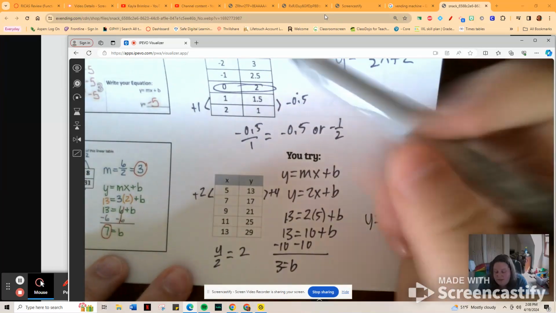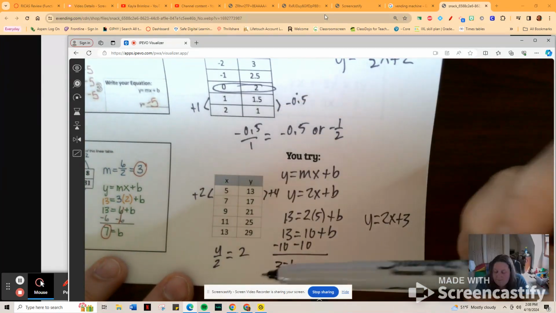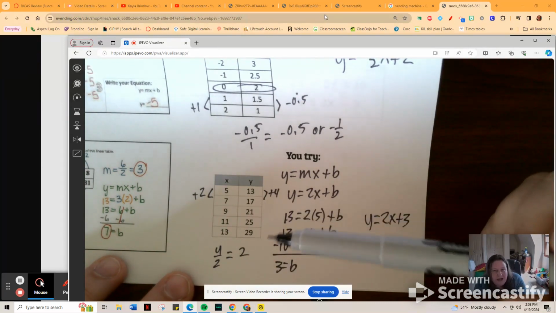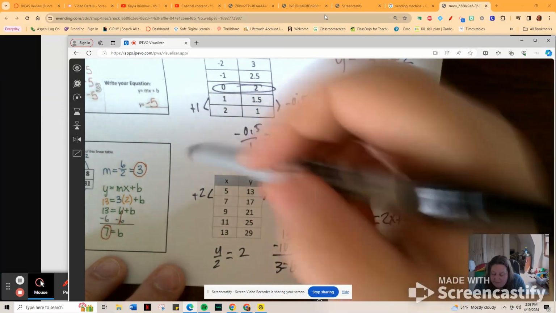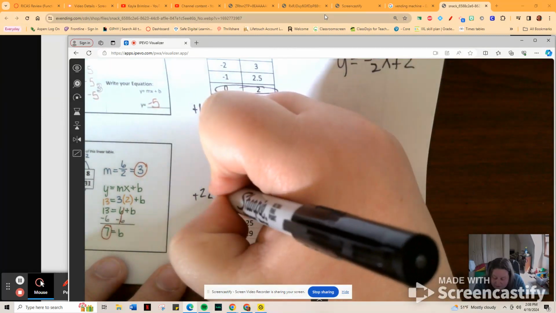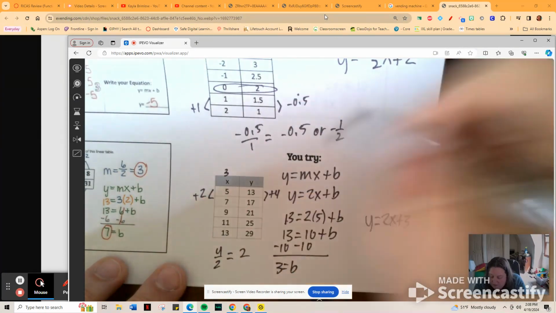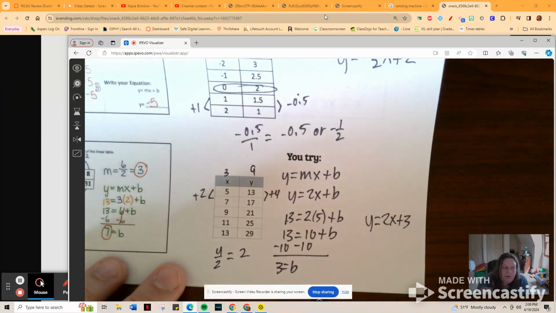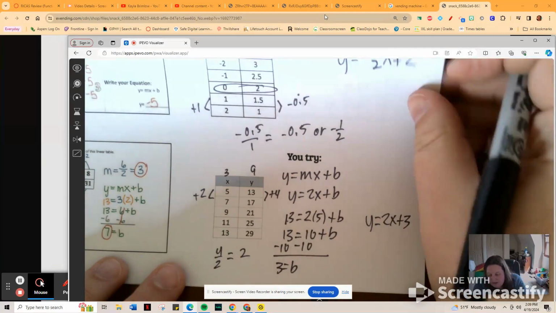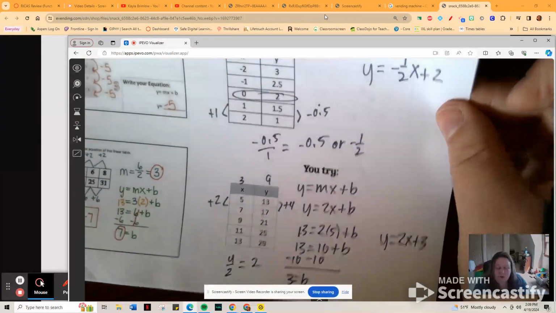Now another way you could do this is you could keep the pattern going backwards until you hit 0. It's not always easy to do in a table. This way algebraically works every time. But if I worked backwards, so minus 2 would get me to 3, and then minus 4 would be 9. I could see how I could keep going backwards until I got here. Little trickier, but it is possible. This way works every time. So this covers most of what you need to know. And remember, when working with slope-intercept